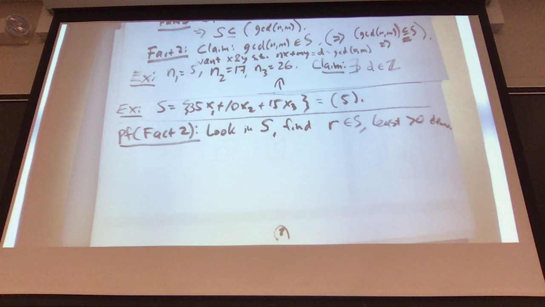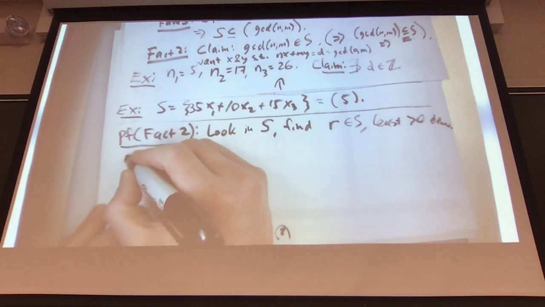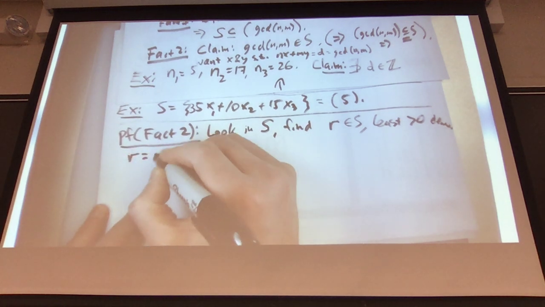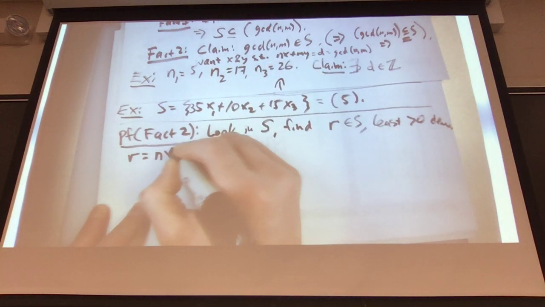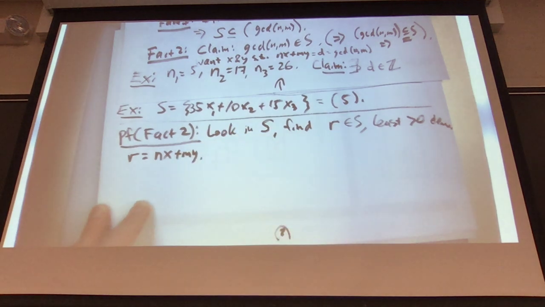Okay? So R is some combination of n and m, R is some combination of n and m, which means,